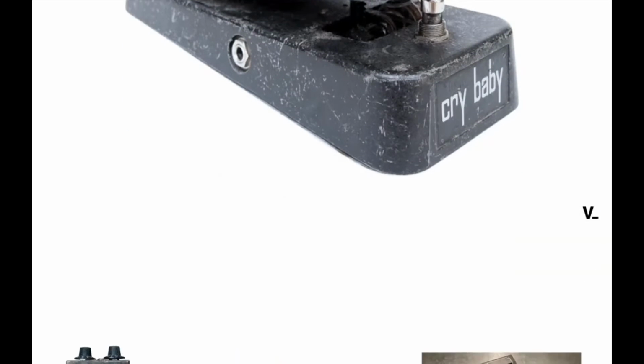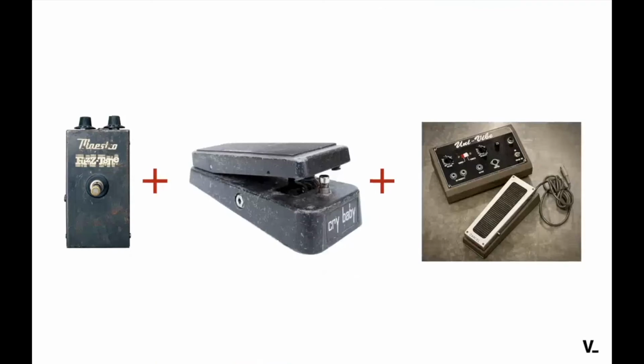And these things are modular. So it's not like you can just plug into a fuzz or you can just plug into a wah-wah. What you can do is link them together, not with dot notation because that's programming, but with just the little cables in between. And, depending on the order in which you place them, you get different results. And so when in this combination, for example, something like